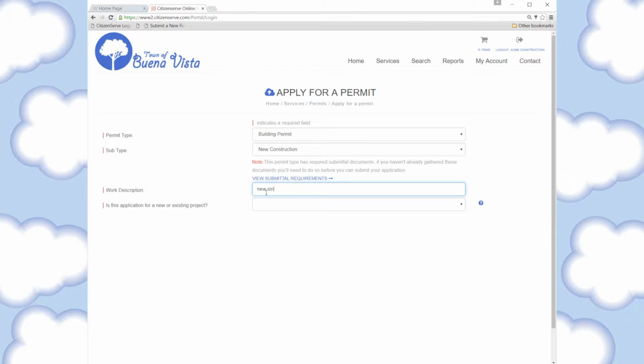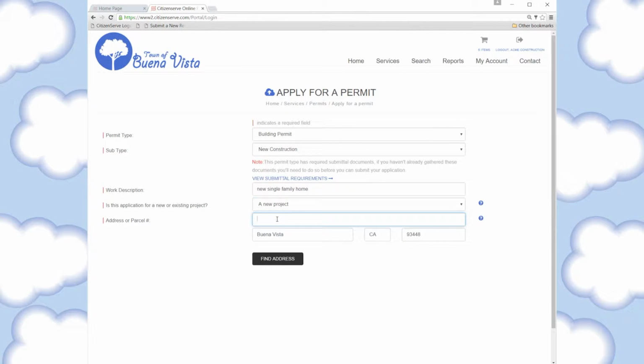Let's say I'm building a new single-family home, and I'll select whether it's a new or an existing project. This lets you tie permit applications to existing jobs. So if they come in with the building permit application and then a month and a half later they come in with the electrical, they can piggyback the electrical off of the existing building permit. In this case, I'll say a new project, and I'll enter an address